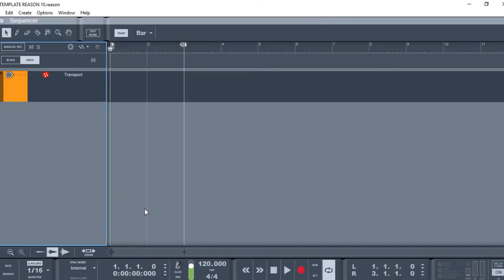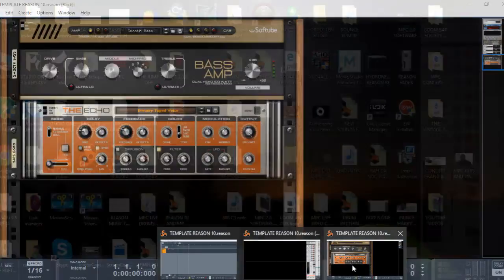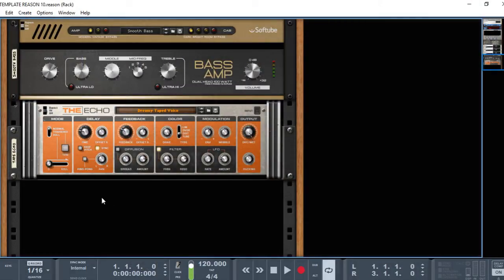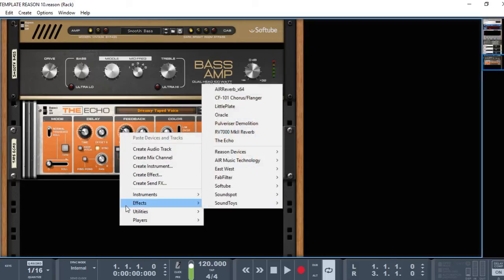So I just hit Control Save, and now when I go back to my Rack 10, my template of the Rack, for me, I have set up